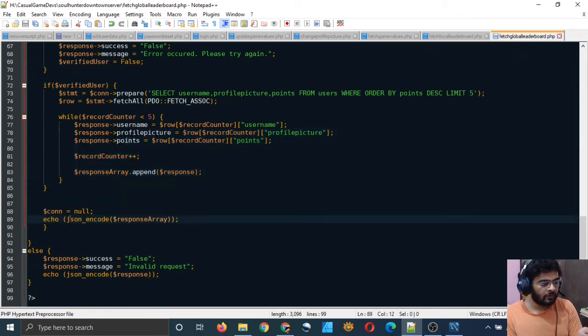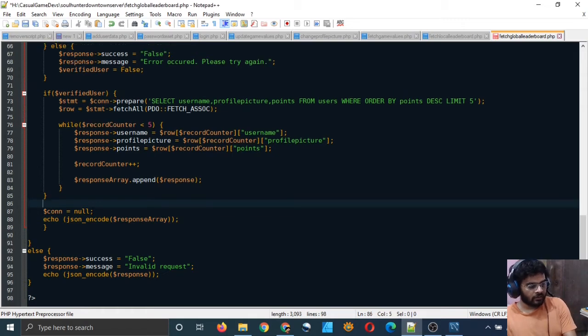This statement will convert it into a JSON array, right? JSON array has its own syntax, and so we are not dealing with that syntax. We are just creating our own array, and we are supplying that array to this function. So this function is a very convenient function which is taking our array and converting it into JSON format. So that's what is happening.